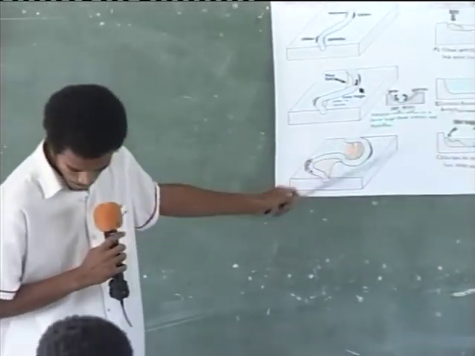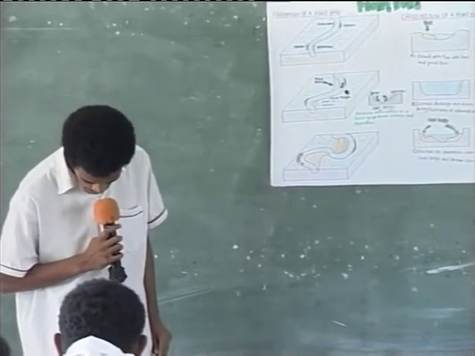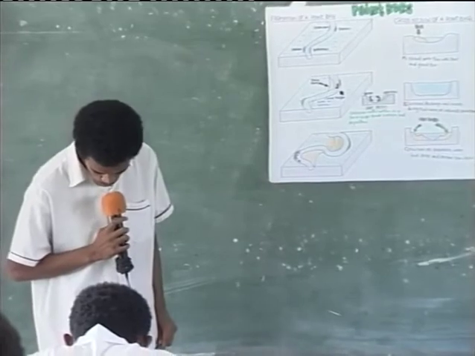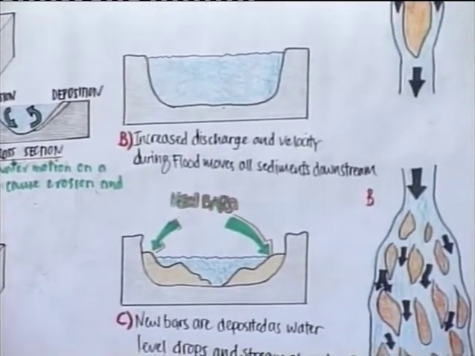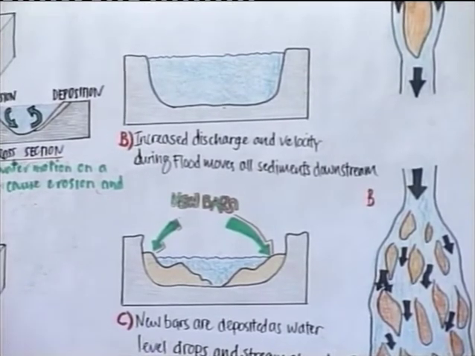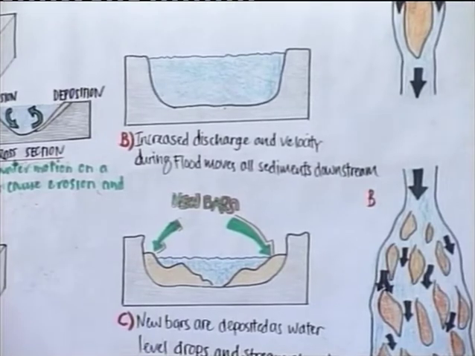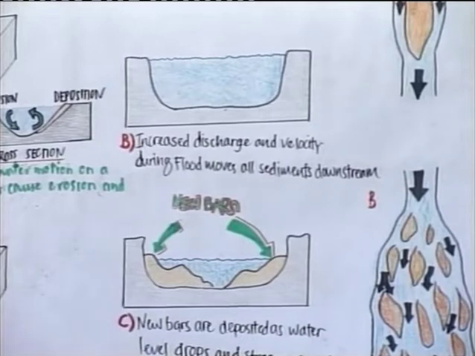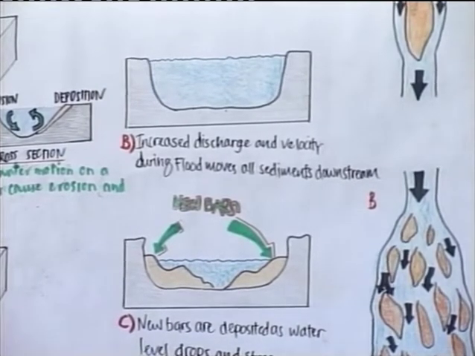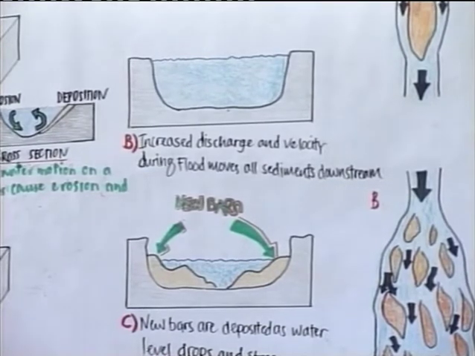During a flood, a river can move all sizes of sediment, from silt and clay up to huge boulders, because the greatly increased volume of water is moving very rapidly. As the flood begins to recede, the water level in the stream falls and the velocity drops. With the stream no longer able to carry all its sediment load, the larger boulders drop down on the stream bed, slowing the water